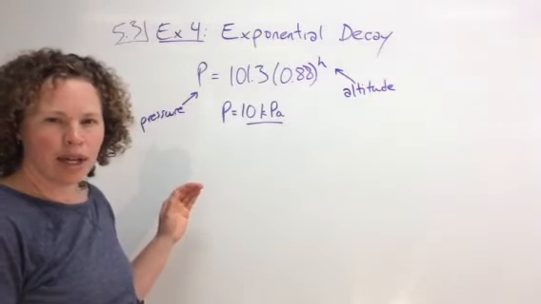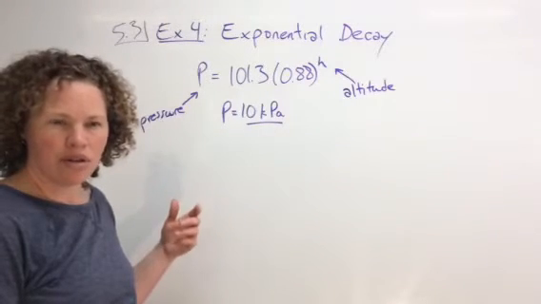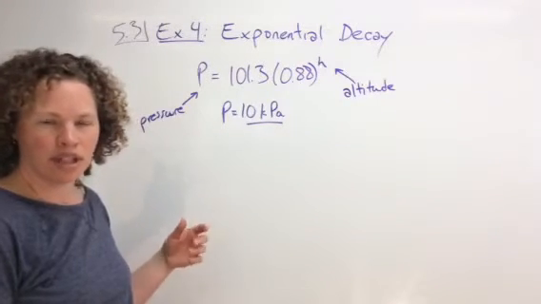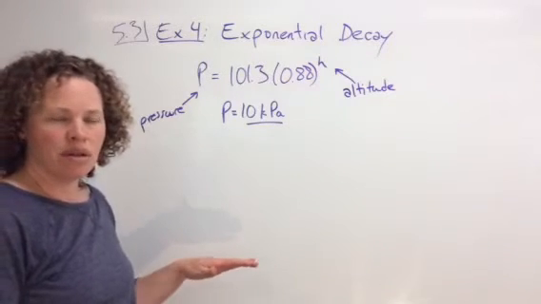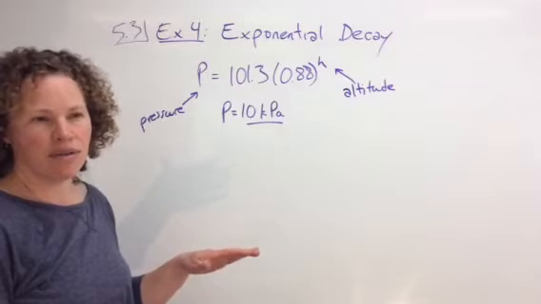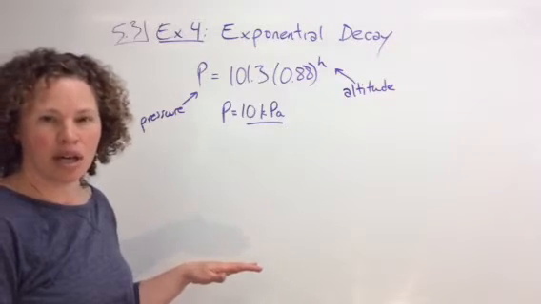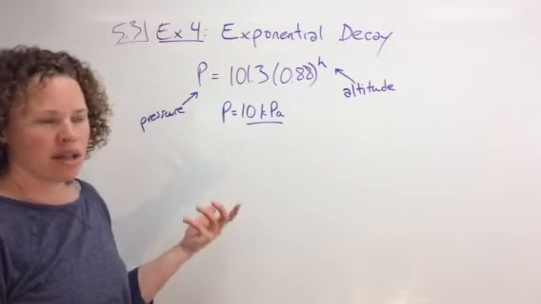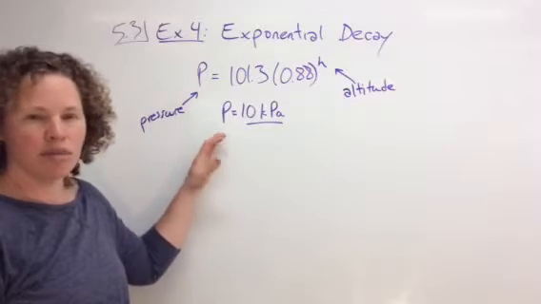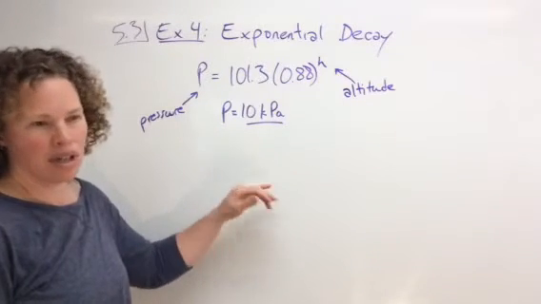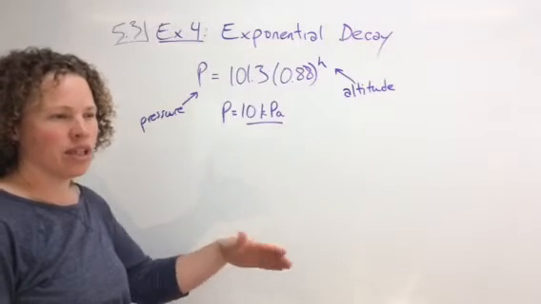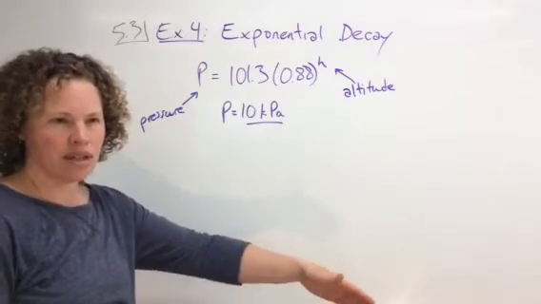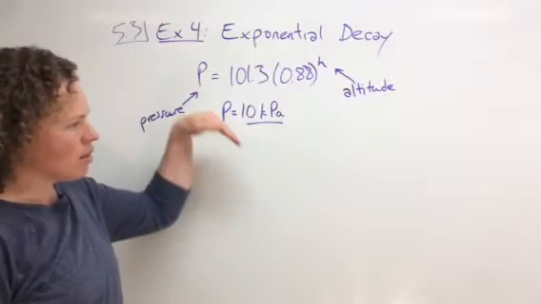Certain isotopes break down in rock so they can age really, really old rock using uranium, things like that, because every so many years, half of the radioactive isotopes decay. So basically the idea is that whatever number you have to start with gets cut in half and then cut in half again and cut in half again and cut in half again. So it becomes half, a quarter, an eighth, a 16th, a 32nd, a 64th, and it keeps going down in